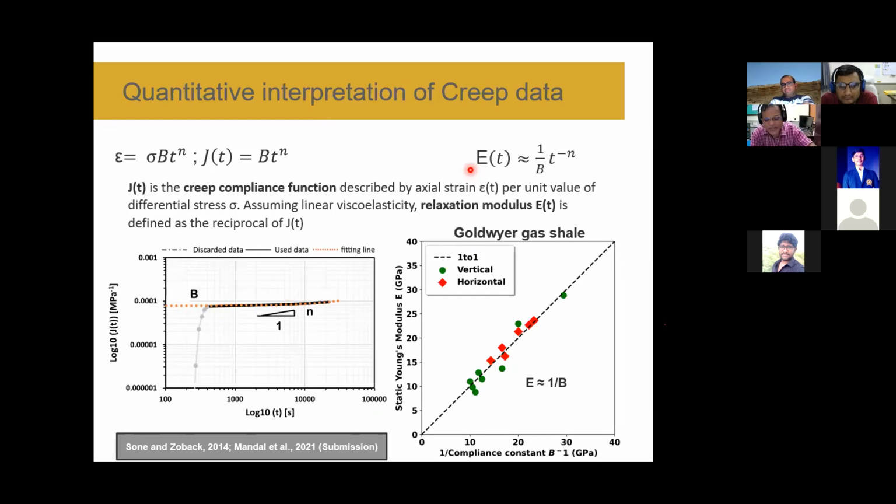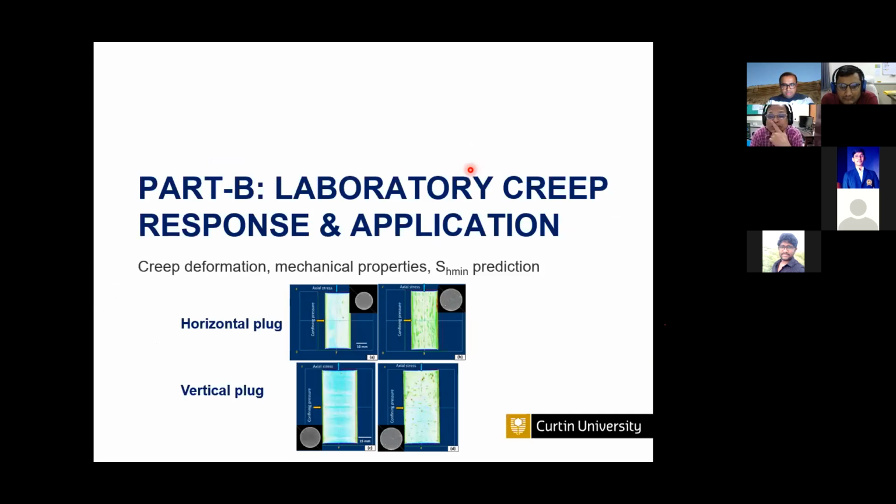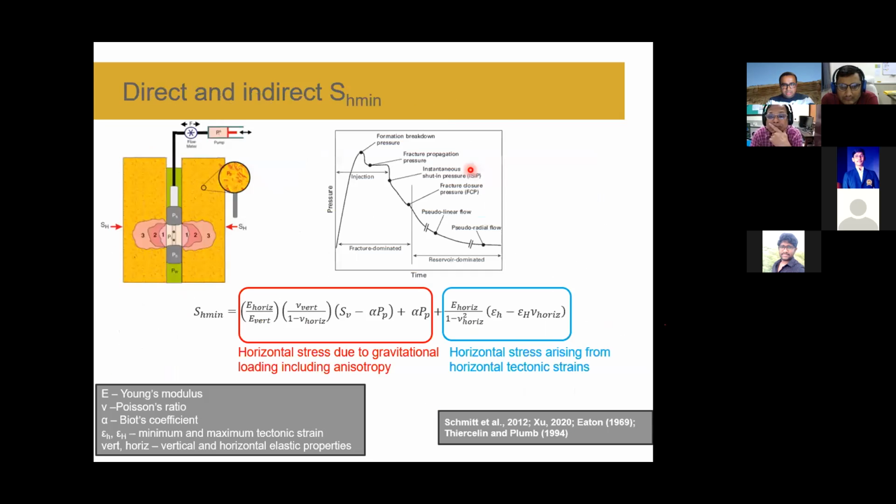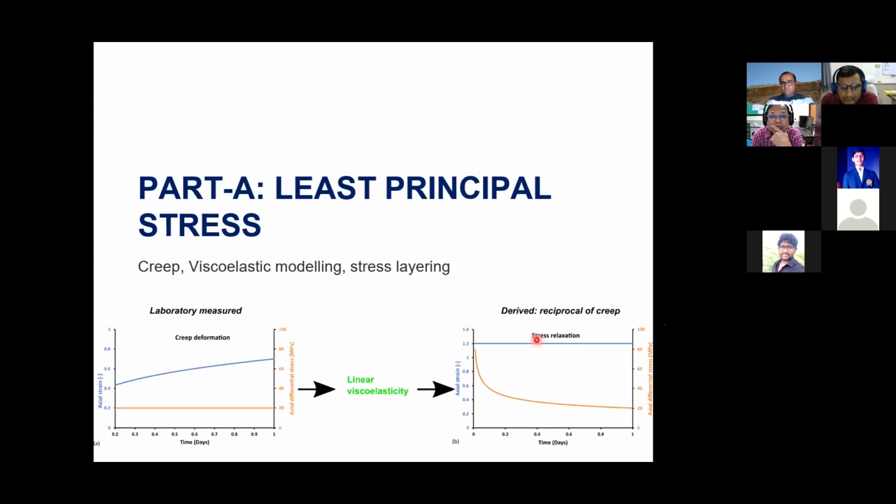I am not getting the physical meaning of relaxation modulus. Okay, relaxation modulus, I think probably I have not explained that. In creep, we hold the sample at a given stress. The opposite way around is that the sample is held under a particular given strain, and we measure how the stress relaxes over time.